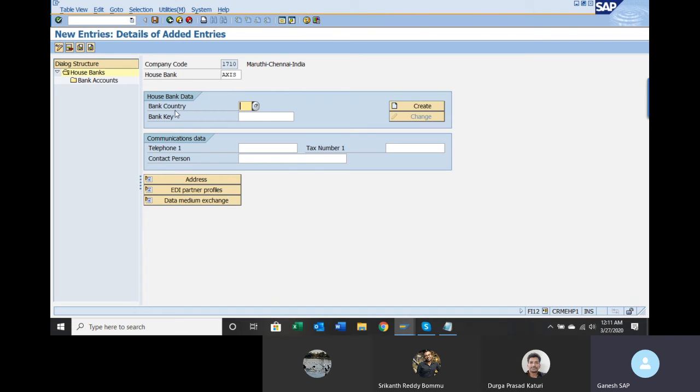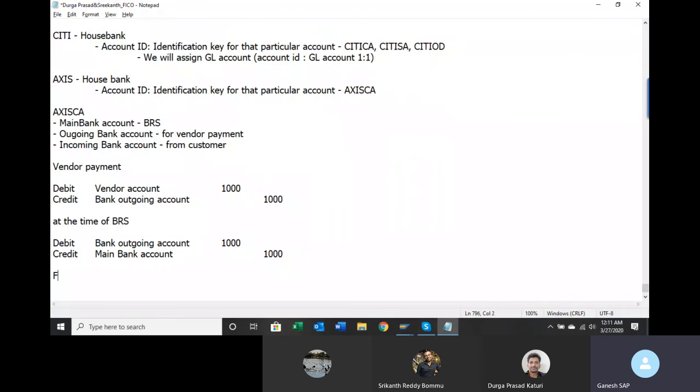So if you can see, before you create any house bank, remember there is a transaction code called FI01. FI01. It is called as bank key. So bank key, it contains bank, branch, address detail. Okay. So first you have to create bank key and then attach it to house bank.